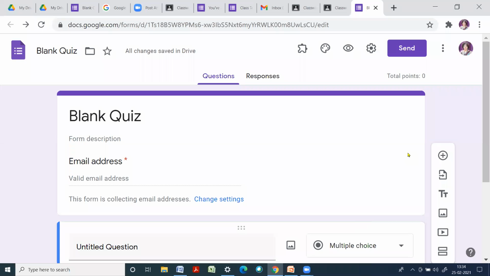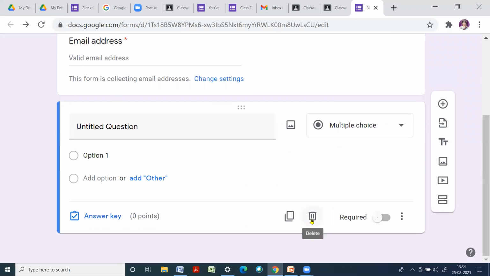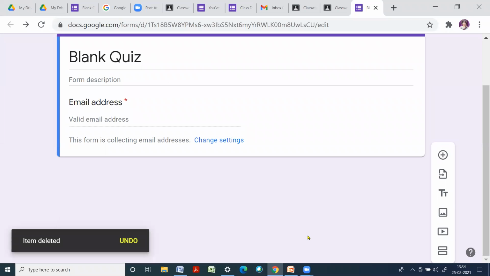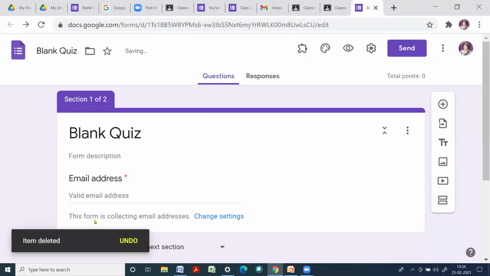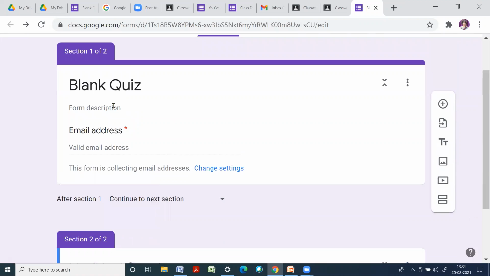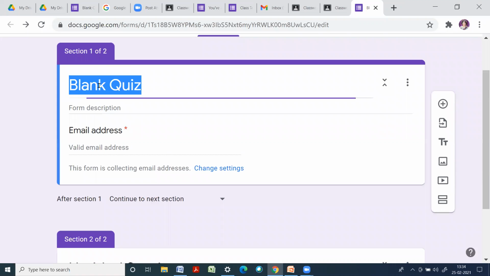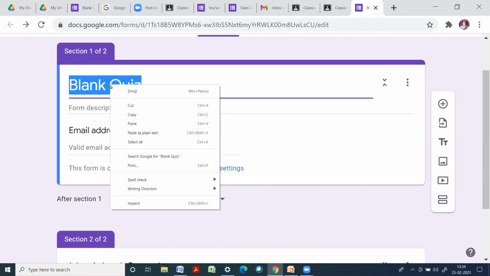Now since I want to add some instructions for students, first of all, delete this and click on this section. Add section. In add section, here at blank quiz, I will write class test 2.